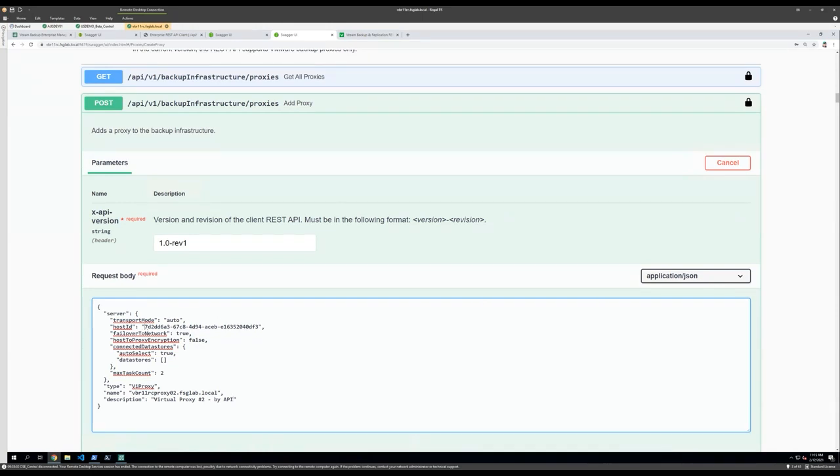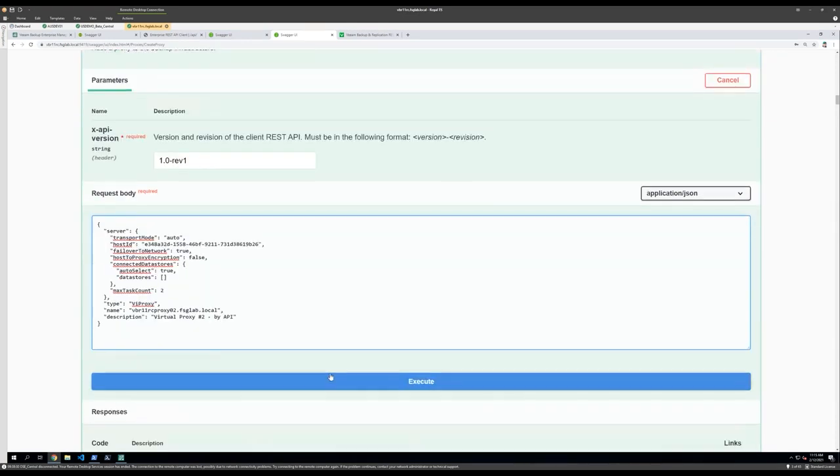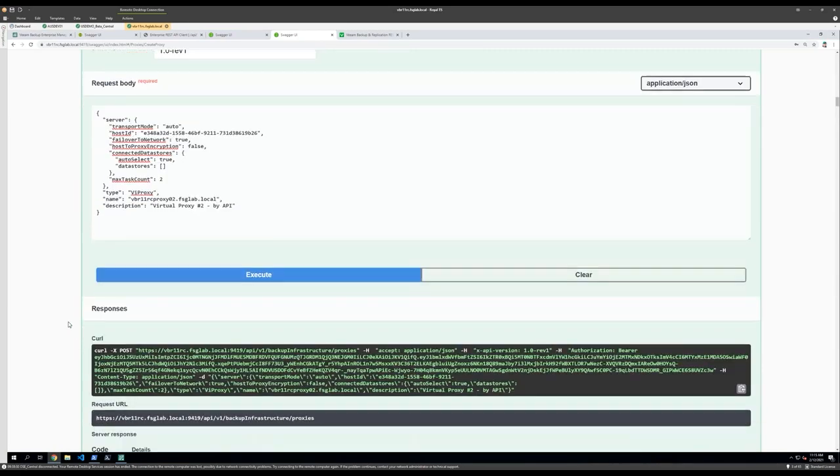Host ID. So since I'm cloning and I'm matching everything to what was there existing, all I need to do is change this host ID and paste in what was the managed server that I just created, right? Again, we run this, we're going to get back a response of,